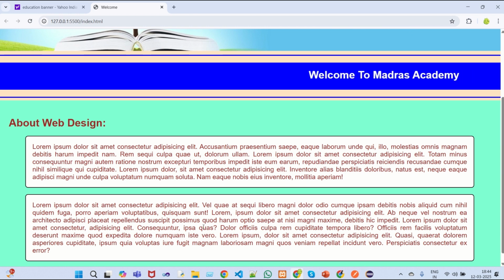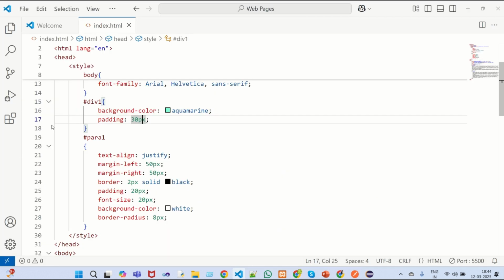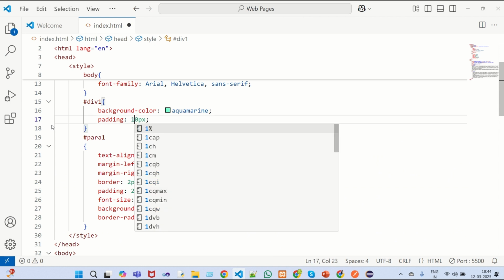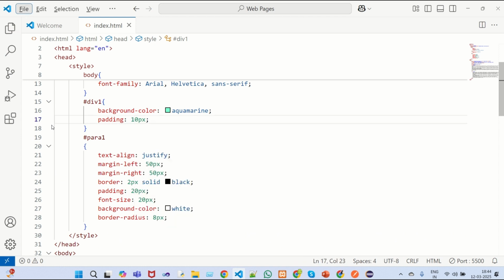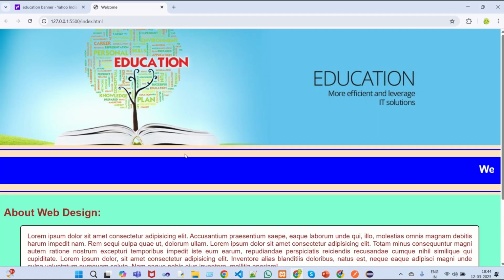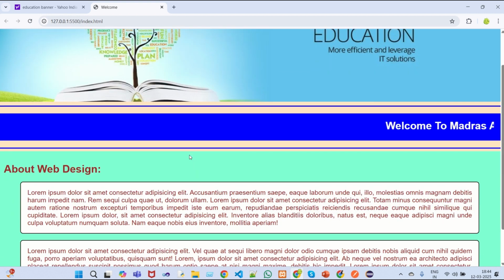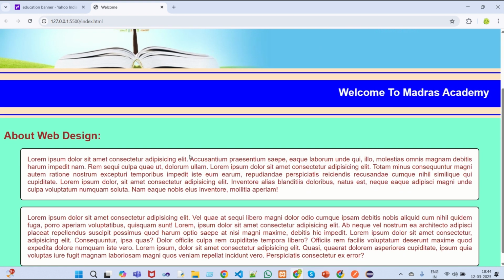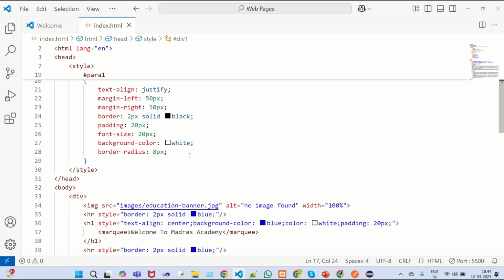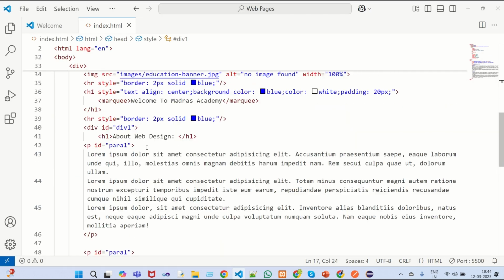Okay, like this we can write it. Okay, 30 px or 15 px or 10 px, like that, whatever the size space you need, you can give anything. Okay, like this we can create it. Okay, this is a first division, and if suppose I'm going to create one more division tag now, so